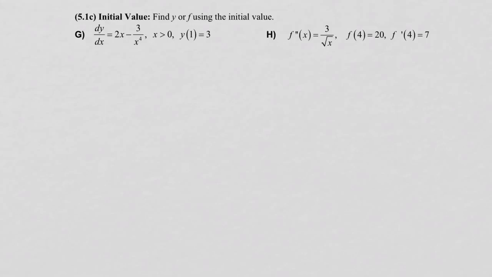Now the third concept we're going to deal with in antiderivatives is something called an initial value. All this is describing is that we're given the first derivative equation, and we're going to use an initial condition to help us find the actual function without listing the constants as variables. So letter G, we're going to go ahead and simplify this one first before taking the antiderivative, just to make